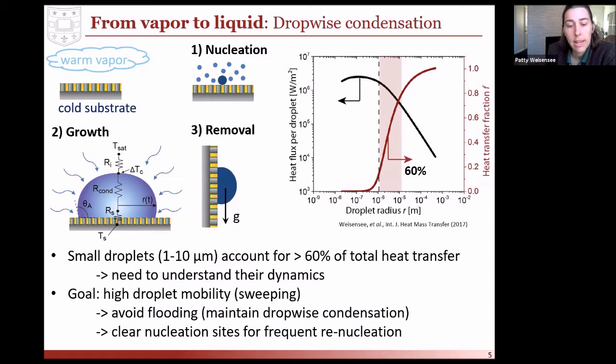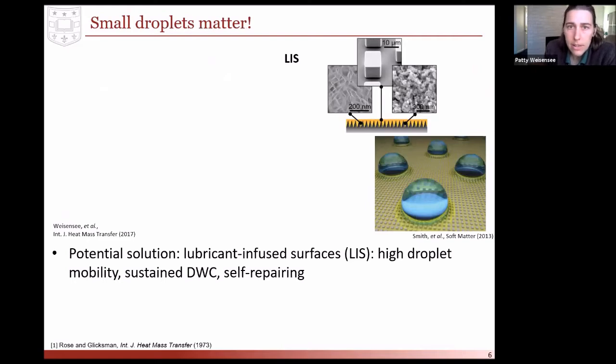And the goal is to have high droplet mobility. So we're talking about dropwise condensation instead of filmwise condensation here. We want to avoid flooding. And if we want to really have a high contribution of these small droplets, we need a frequent clearing of nucleation sites. So dropwise condensation has been around for a long time, but the problem has always been that the promoter coatings are really not long-term stable. They blister, they crack, and over a few hours or a few weeks, you convert your dropwise condensation to filmwise